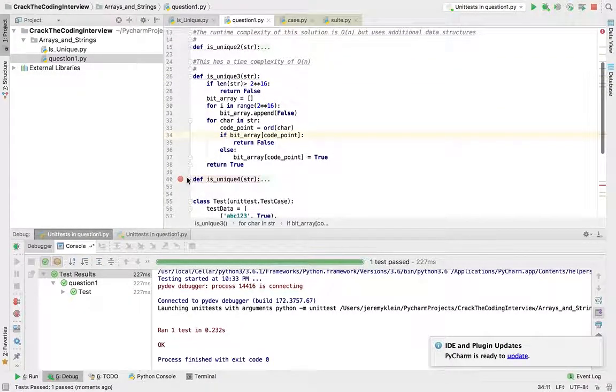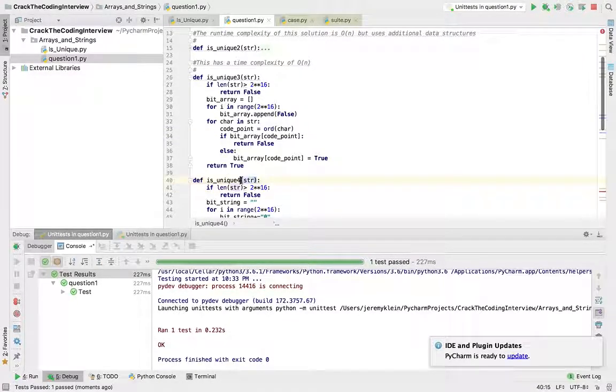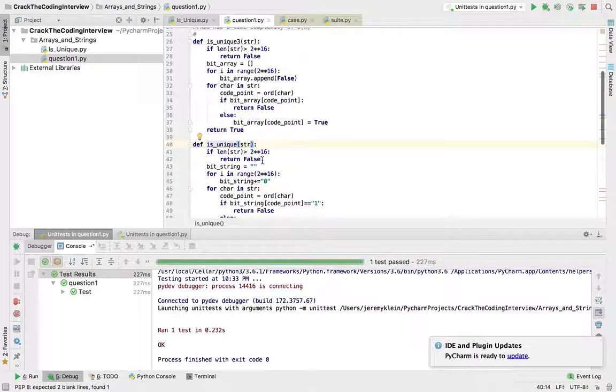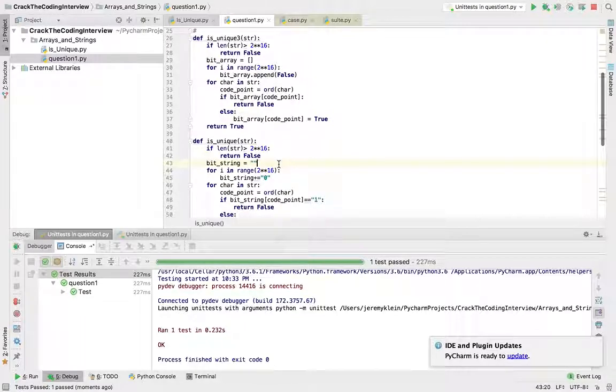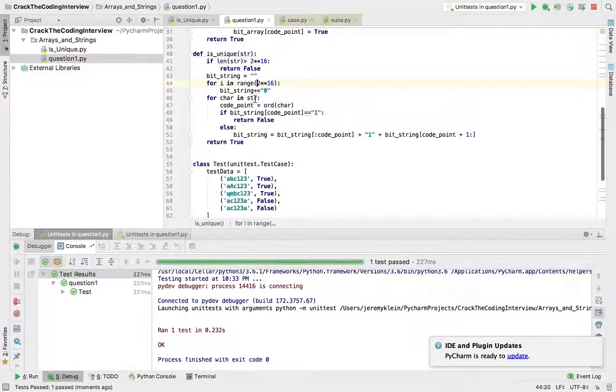Alright, so on to the last one. For the last one, I'm still going to use a string, so this first part is exactly the same. Instead of using an array, I'm going to be using an empty string. And in that empty string, I'm going to write 0 2 to the 16th times, so it's just a bunch of zeros stuck together. I'm going to loop through the string again, and for each character, get the code point number, and then I'm going to look up